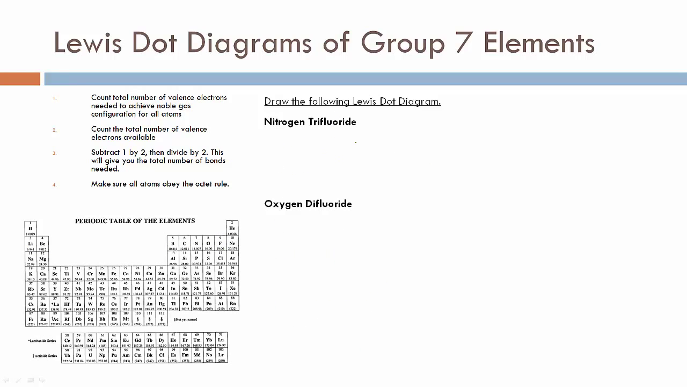Now we'll be drawing the Lewis dot diagram for nitrogen trifluoride, which is NF3. Nitrogen requires 8 electrons to fill its valence shell, and each of the 3 fluorines also require 8 electrons. That's 32 electrons. The nitrogen has 5 valence electrons